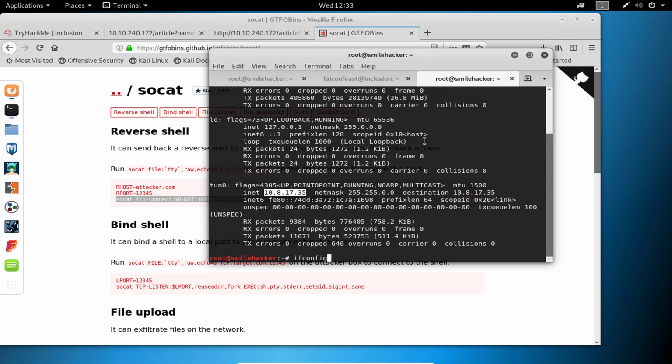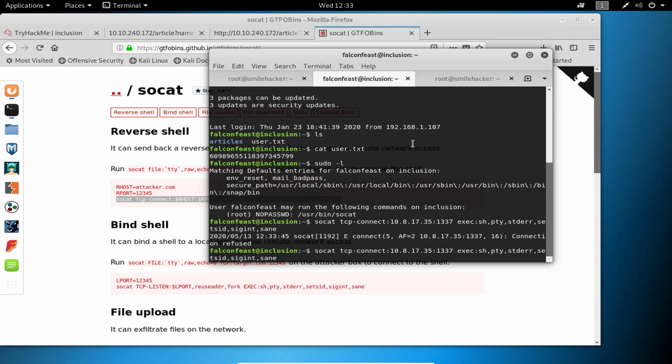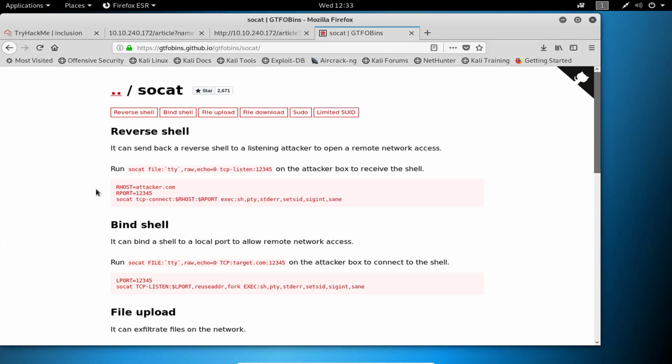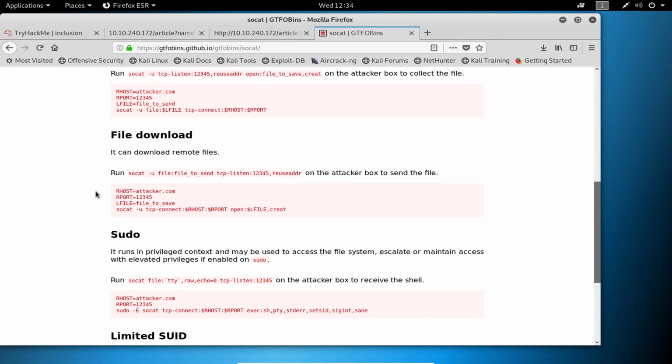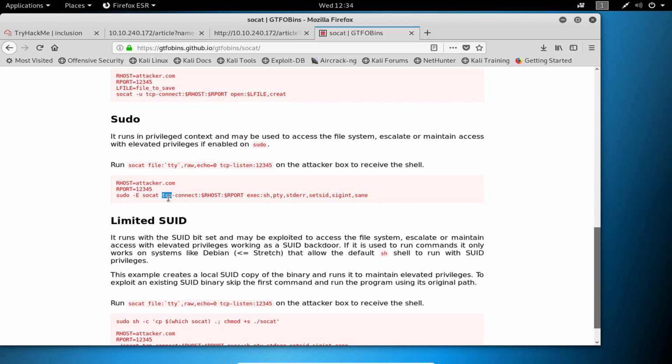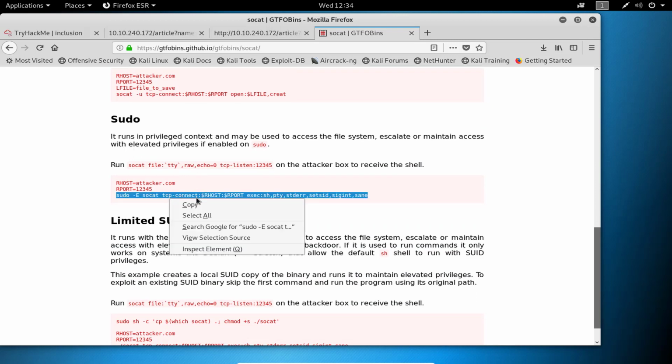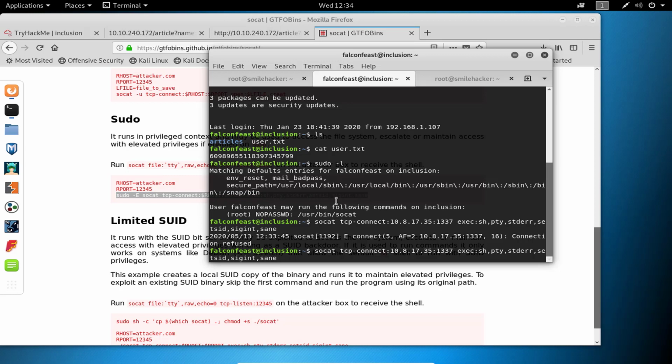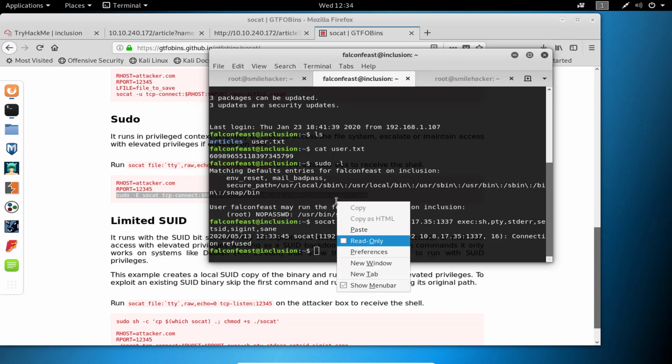Connection refused, sorry. Okay, this is the reverse shell, file upload, sudo. Yes, we are going to try this one, privilege escalation. Paste it here.